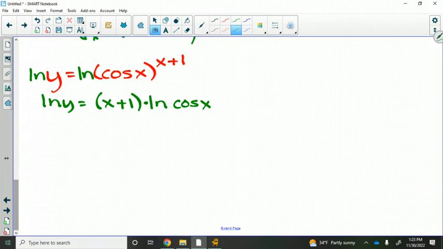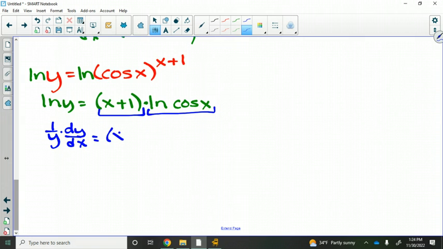So these two things are being multiplied together, and we have to go back to a product rule now because neither one of those are just a constant. So now we've got everything out of the powers we can derive. 1 over y dy dx. And then product rule says first times the derivative of the second. So for natural log, it's 1 over u